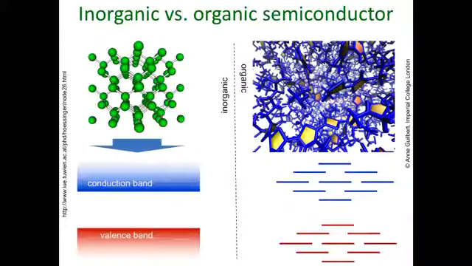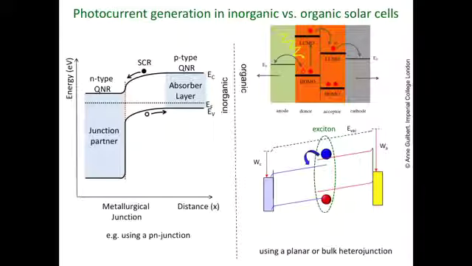So whereas inorganics have these continuous bands of allowable states, the organics still have discrete states, and we have the LUMO and the HOMO bands. And so that's essentially the one difference between organics and inorganics. The second is you don't really have band bending that's analogous. You have a little bit of it based on your band diagram up top, but the way that organics work